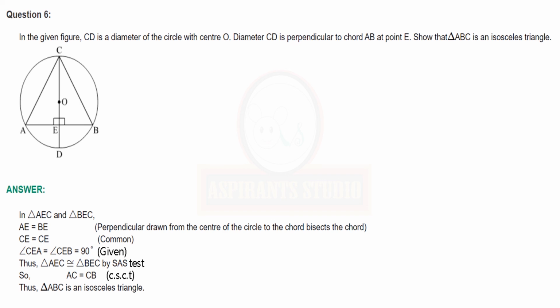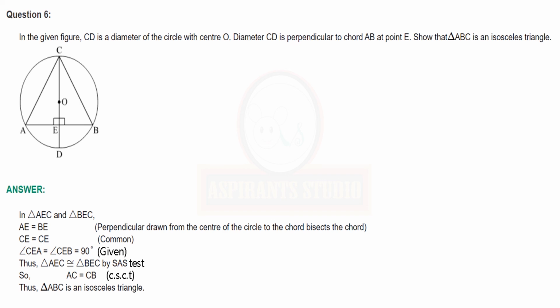Segment AC is congruent to segment CB. That means their lengths are also equal. If the segments are congruent, their lengths are equal. So AC is equal to CB. So in triangle ABC, AC is equal to CB. In triangle ABC, the lengths of two sides are equal. Therefore, the triangle becomes an isosceles triangle. Thus, triangle ABC is an isosceles triangle. So we have proved that, hence we prove that triangle ABC is an isosceles triangle.